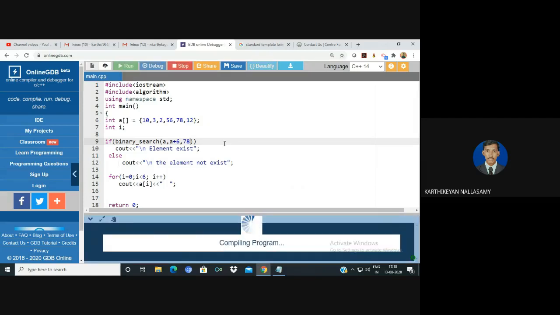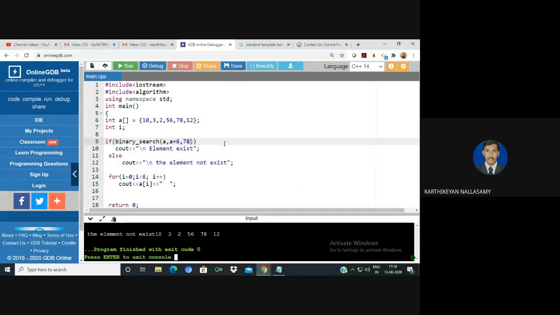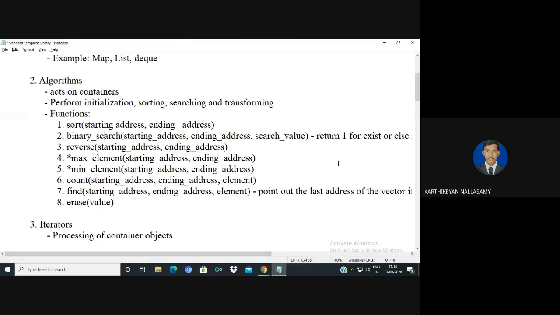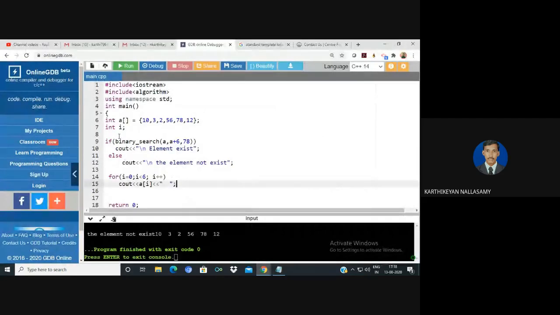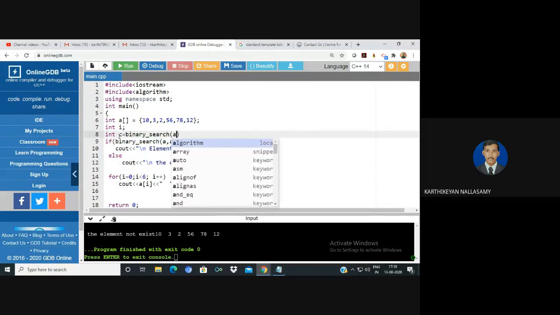Just a minute, I can check it now. I think I have some trouble here. Let me check it here. Binary search: I'm going to search in A plus up to 6, the first 6 elements. The search element is 78.